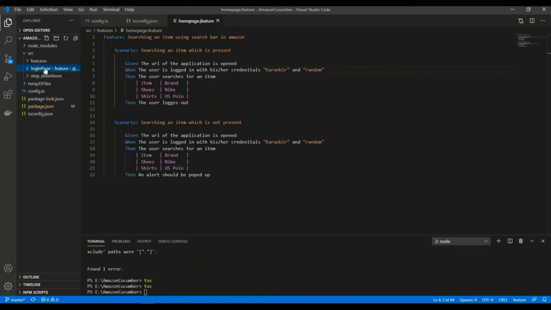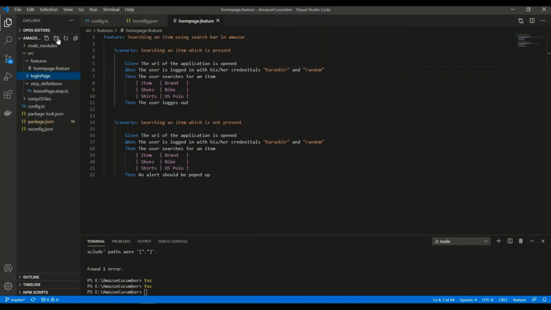Let's do one thing, let's delete this and create it once again. So what happened is it has created inside it, right? So inside feature, I'll not create a new one, but I'll move login feature into feature, right? So okay, let's create one more folder with the name of step definitions. So feature is under feature, and I'll move login step into step definition.